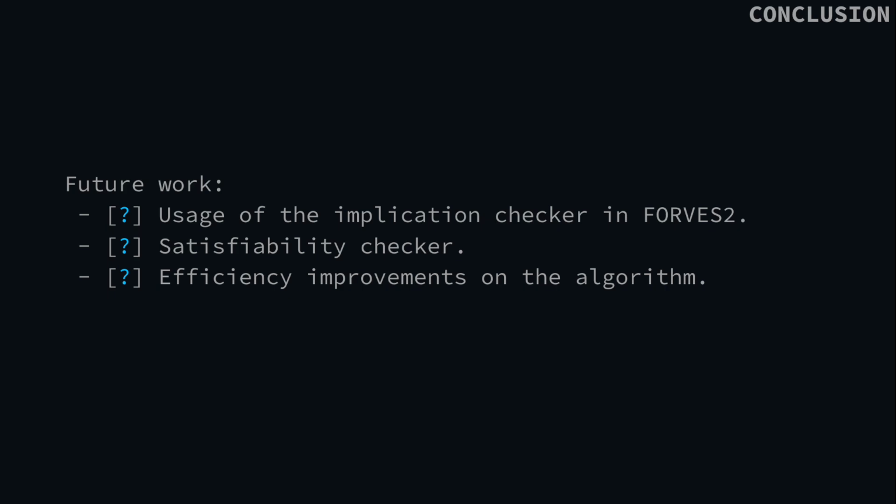Finally, with all the theories that we developed in this project, it would also be possible to try and implement a satisfiability checker. The condition that we have imposed on our implication checkers is the soundness of the algorithm. But if we also have the completeness, that is, if our function returns false, then it must be true that our thesis cannot be derived from our hypothesis, then we could implement a satisfiability checker by just checking whether our function returns false when we give it an unfeasible constraint, something like 0 less than or equal to -1.